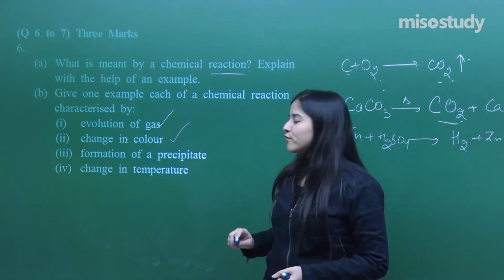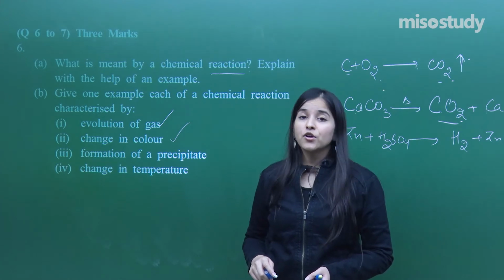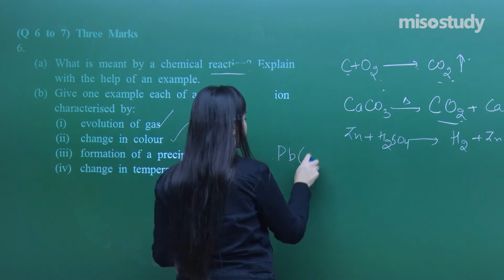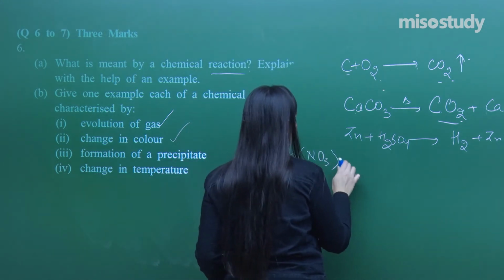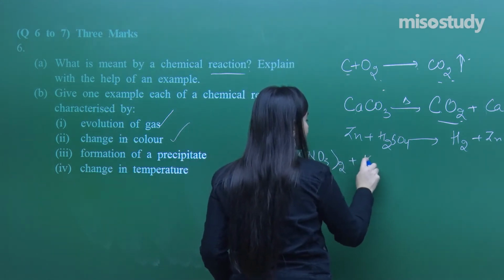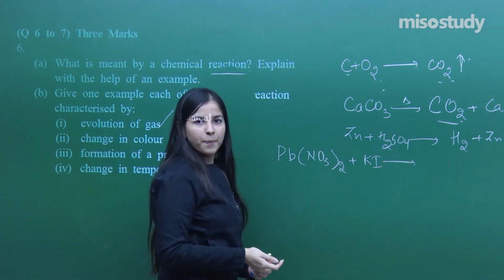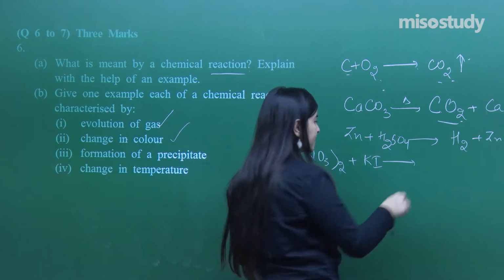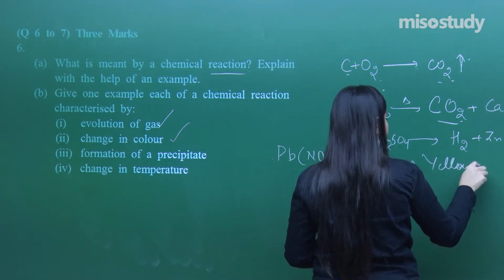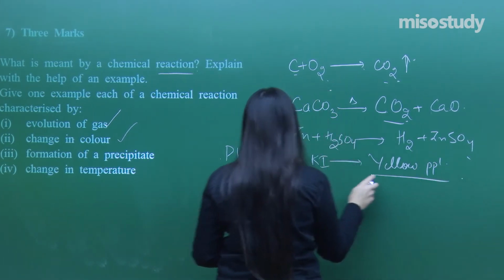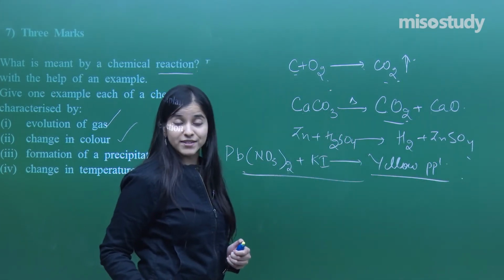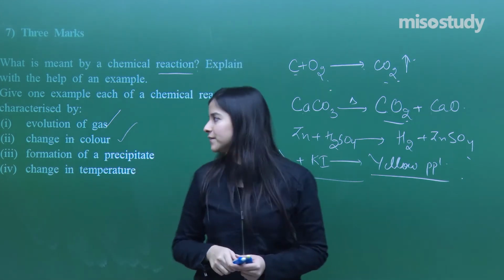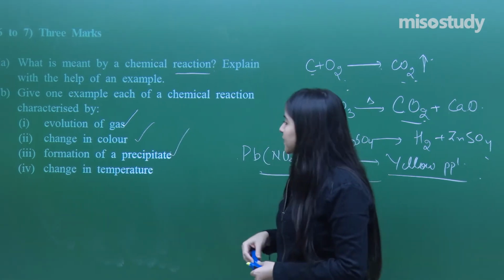Now, the next, formation of precipitate. We have done a lot of examples in here and one of them: lead nitrate, Pb(NO3)2, plus we added potassium iodide. What did we get? We got a very beautifully colored, yellow precipitate. So, it was yellow PPT, and I am not going to tell you what compound is formed here, you have to figure it out. We have discussed this many a times in the lecture. You can refer to the lecture if you do not remember, fine. Okay, formation of precipitate done.